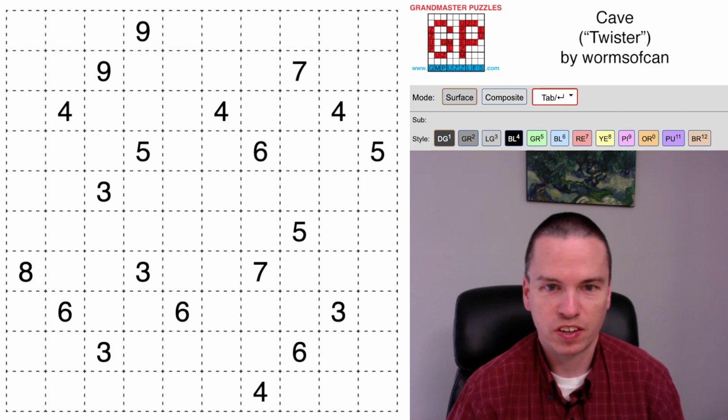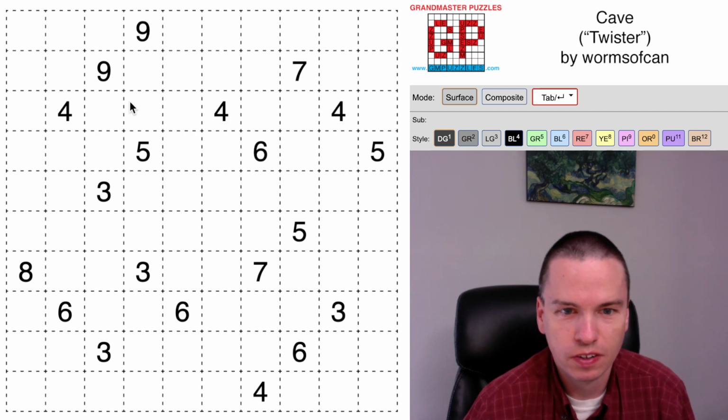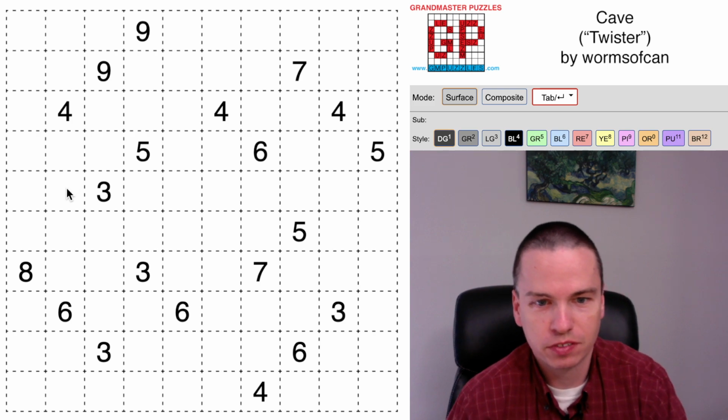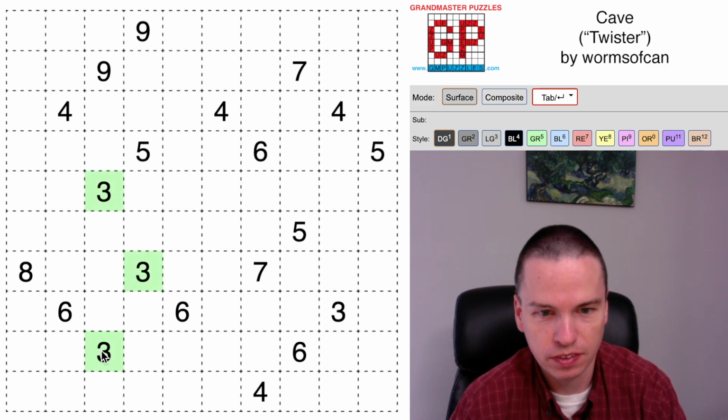We're here to solve this cave by Worms of Can called Twister. And my eye's drawn a little bit at the start towards these threes that are on the end of these things. For instance, this three always take one of the cells to the left or to the right to connect